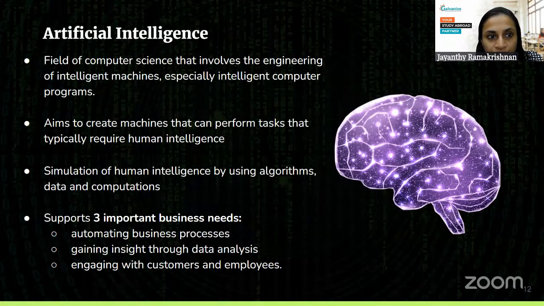Now, having said all of this, it doesn't mean that with the advancement of AI, there is going to be a decline in the requirement of computer science graduates. No. On the other hand, recently there was a survey which said that even with the advent of AI, universities are still looking for computer science graduates because they need people to work in these fields. So even for AI to develop, you need computer science graduates. So it's never going to replace humans, but it is going to be more advanced because of the research that we do in them.